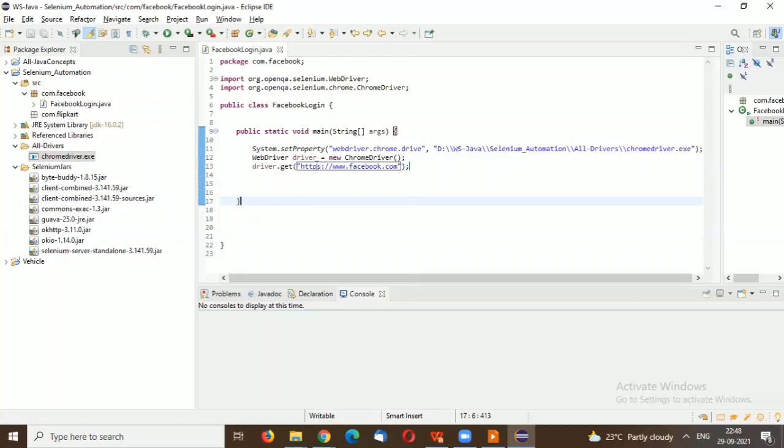This get method is responsible to launch whatever link is provided.